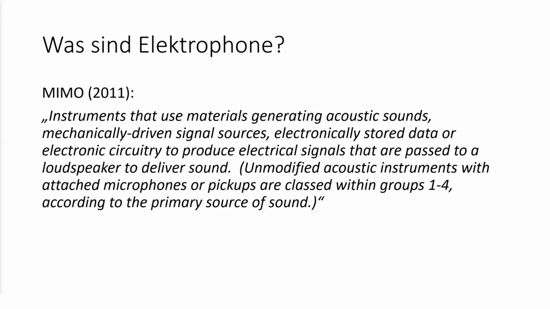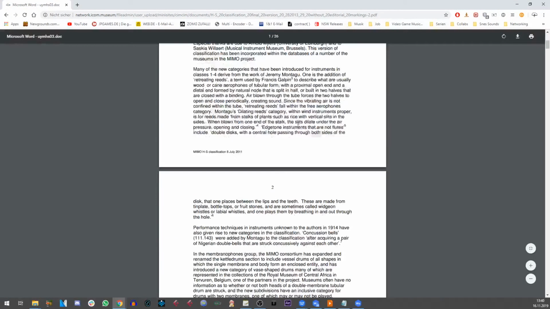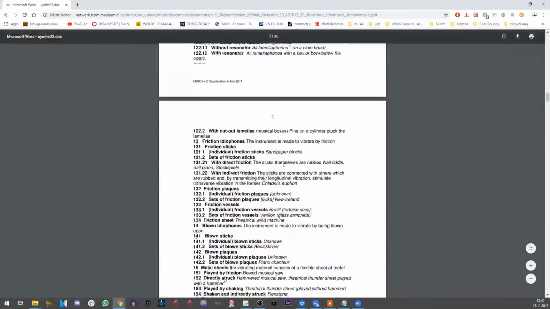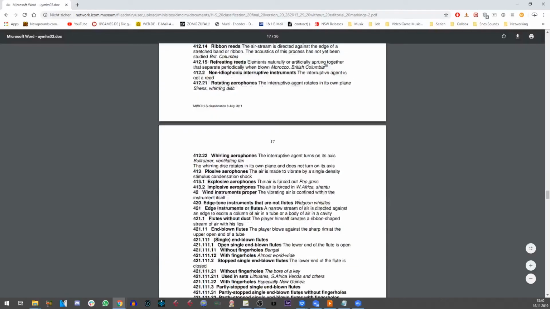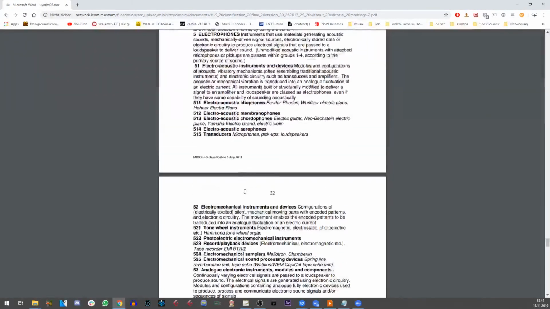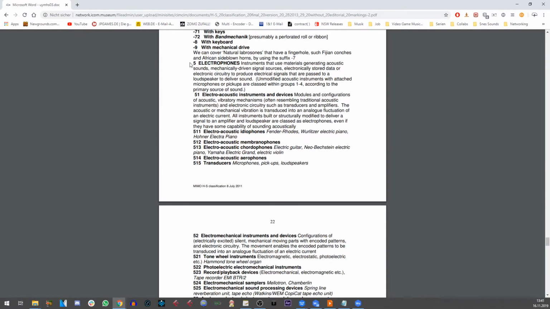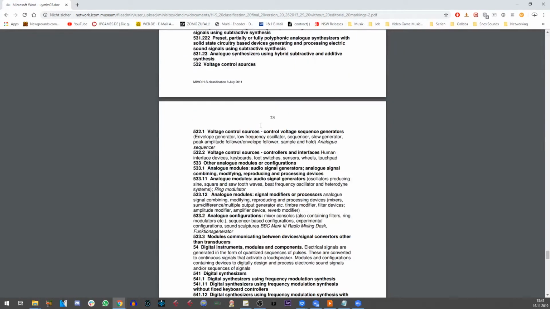MIMO 2011. There we go, there it is. Okay, let's scroll all the way down to Electrophones. There we go, Electrophones. There are way more than just the 3 categories that were present previously in the Hornbostel-Sachs system.